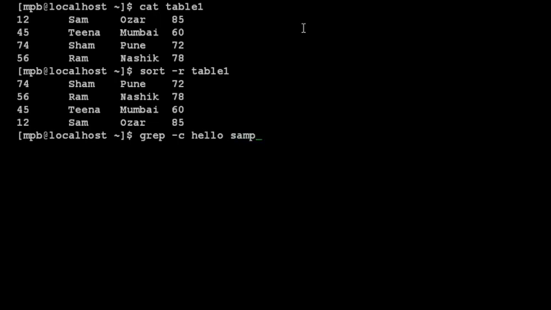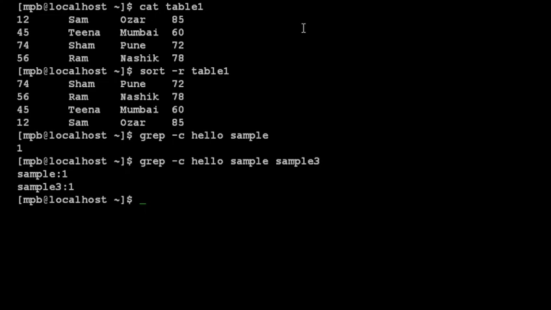My file name is suppose sample, and here is the output, that is 1, because the sample file contains only one hello message. Suppose instead of giving one file, I provide sample3 also, then it will show that sample has one occurrence of hello and sample3 also has one occurrence of hello.